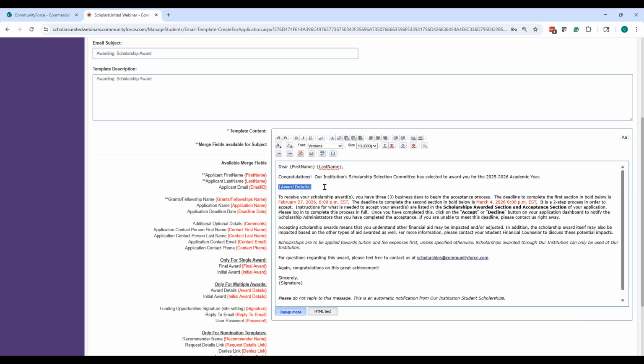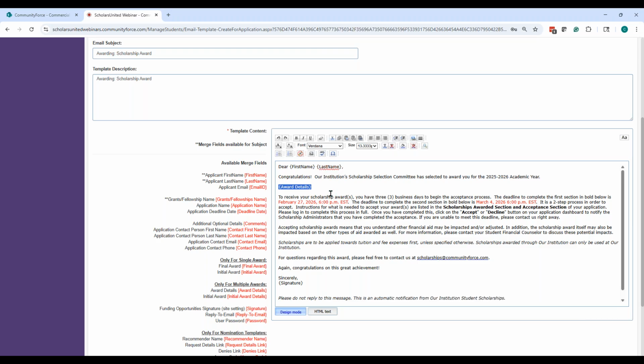So what that's going to do is it's going to give them the name of the scholarship that they were awarded, or the funding source that you have, whatever you call them. I call them scholarships. It's going to have the name and then the amount they received. So if she received 2, it would say the DHG 2,500, WCFE 2,500. It would list them all out with those details of what she received.